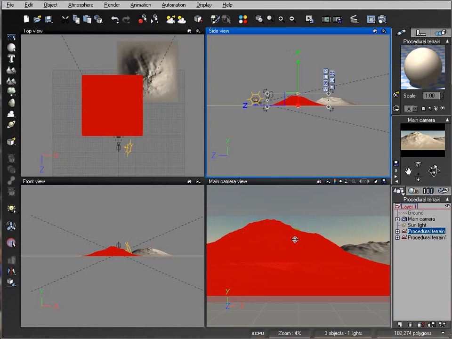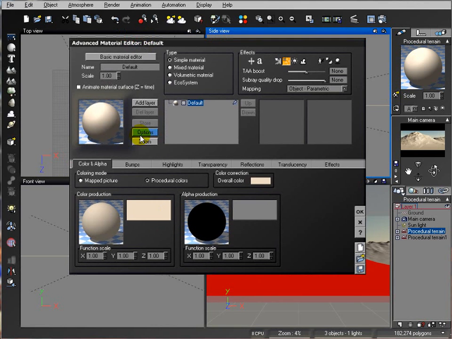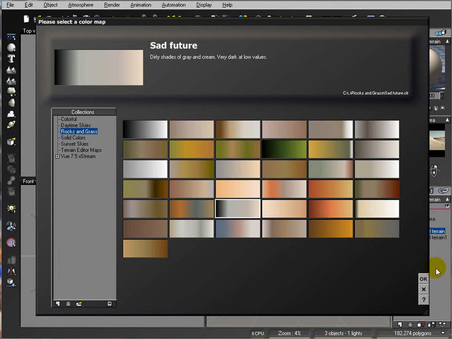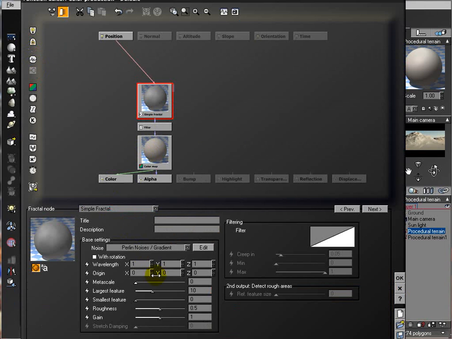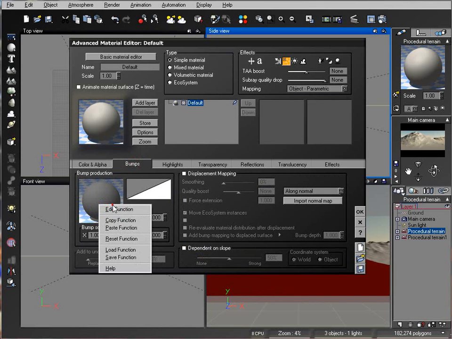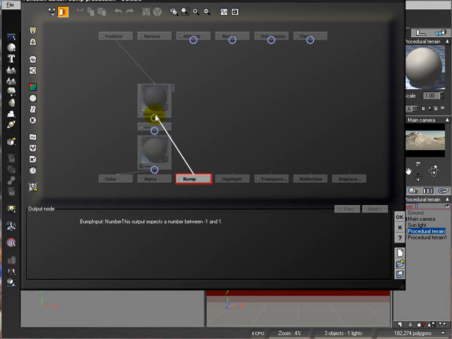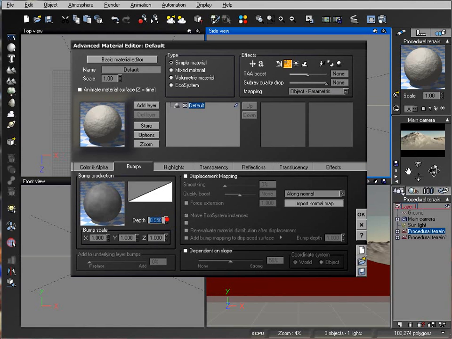Okay, let's go right now and apply some materials to this terrain. Go ahead, open, and what I'm going to do, I need to define my base material. So before we do this, let's go ahead and maybe load it, set future. So we'll set this one as default. We'll go edit function, and right here I will apply a simple fractal and just pop up slightly on the coloring. Okay, same as a bump. Maybe just go ahead and connect to altitude. Let's click OK. We'll decrease our bump so it won't be overwhelming,